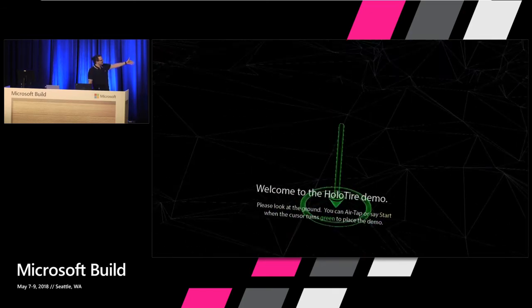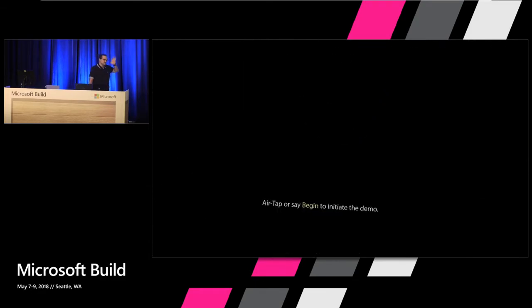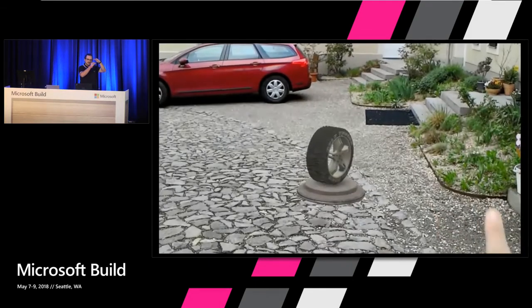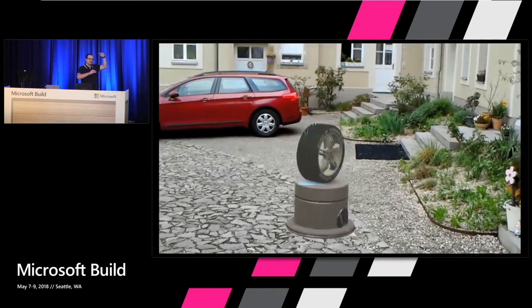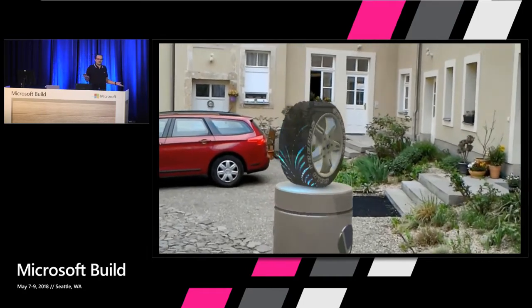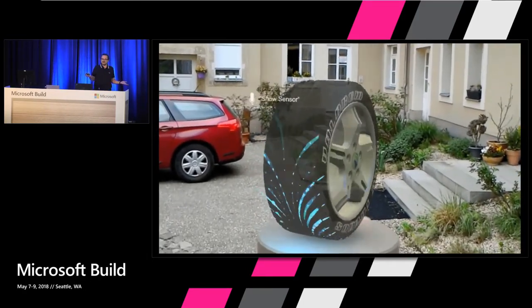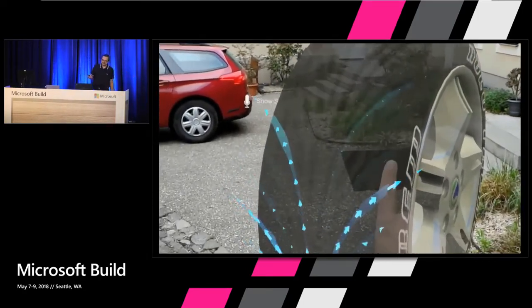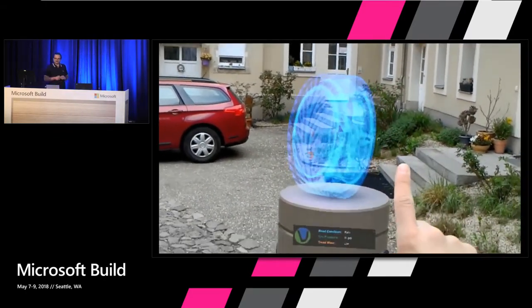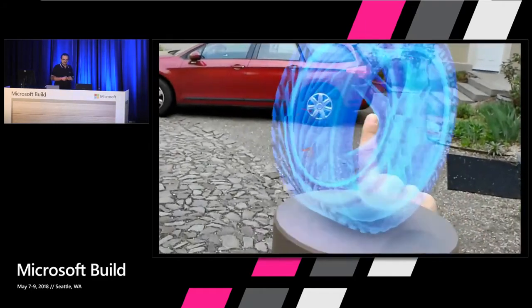You see it turns red. So the user can only place the hologram at a certain distance. And this will make sure that this hologram fully fits into the holographic frame, right? And the tire is not being cut off at the top or the bottom. And the good thing is the user can just always walk closer, because we have an untethered device. You don't need to zoom in, just walk closer, right? So keep that in mind, design for the holographic frame, and give the user a great user experience.